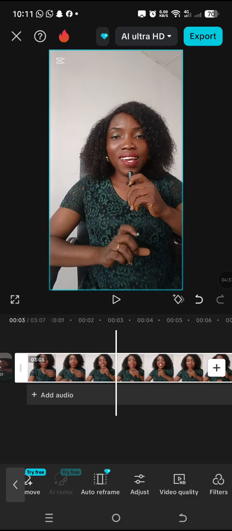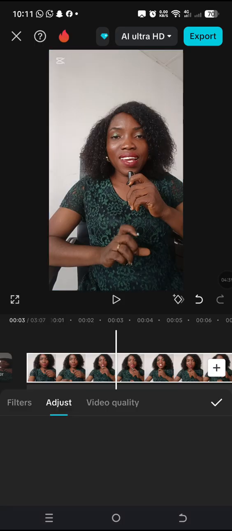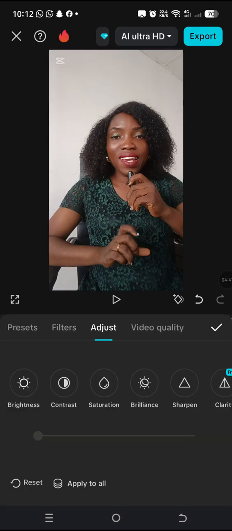So adjust it just before the video quality. So I click on my adjust, which will bring me to how I can adjust the look of my video. You can see here, anywhere you see this diamond icon, it shows that it's on CapCut Pro. Once I click on that, it will request that I make payment, which I'm not currently on. So I'm just going to use some of the features that